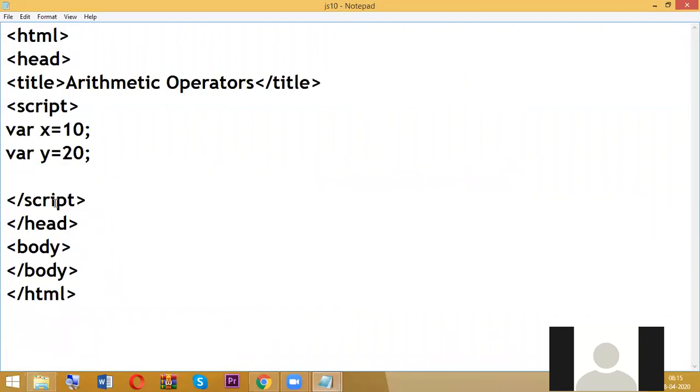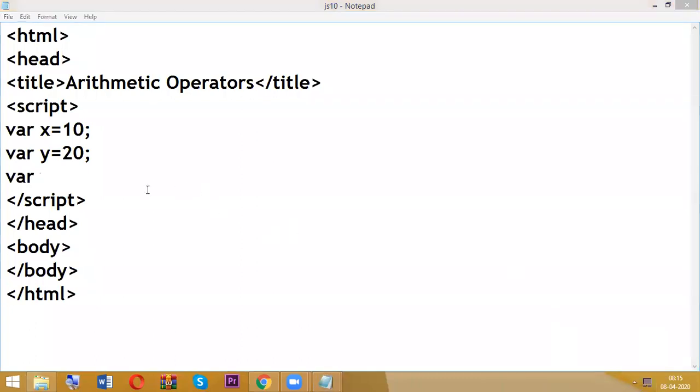So here I'm going to write an expression: var z equal to x plus y into x minus y. So this is my expression, a combination of plus, minus, as well as the star symbol, multiplication.